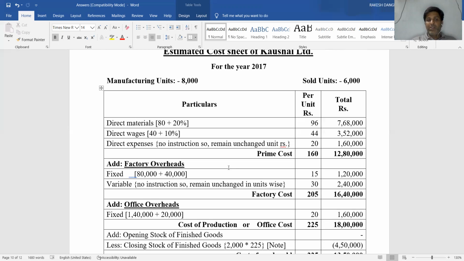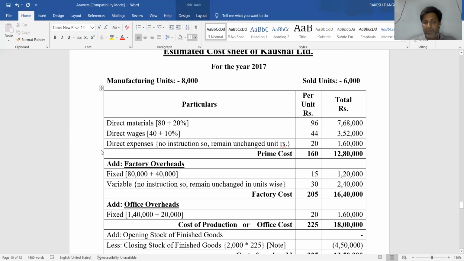In 2016, fixed factory overhead was rupees 80,000. In 2017, it was increased by 40,000 rupees. So as you see on screen, there is 80,000 plus 40,000. So the total fixed factory overhead expense is rupees 1,20,000. So it will be unit wise